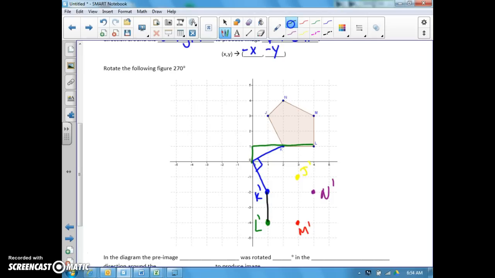So when I connect these together, I get the same shape. It looks like the same shape. We just have rotated it